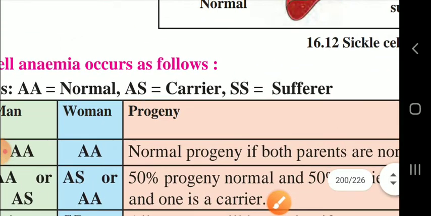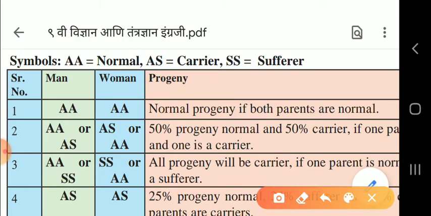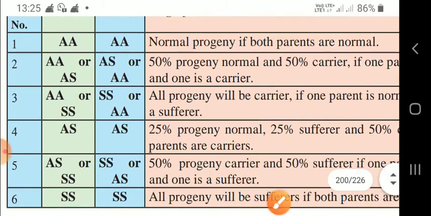So, here we will see one table is given for the sickle cell anemia. The AA is shown for normal, AS as carrier, and SS for sufferer. When the man and woman both are AA, that means normal, the normal progeny will be there. That means child will be normal. If AA or AS or AS or AA, 50% progeny will be normal and 50% will be carrier of the